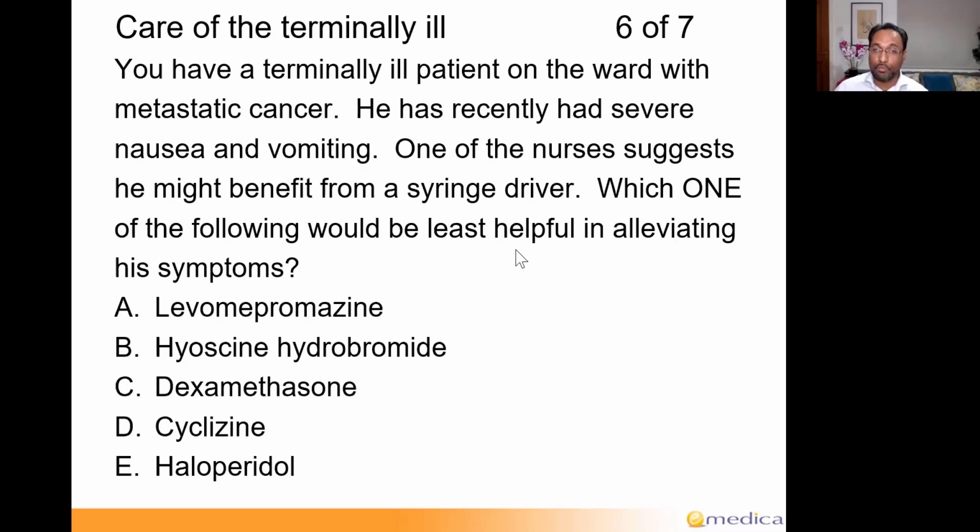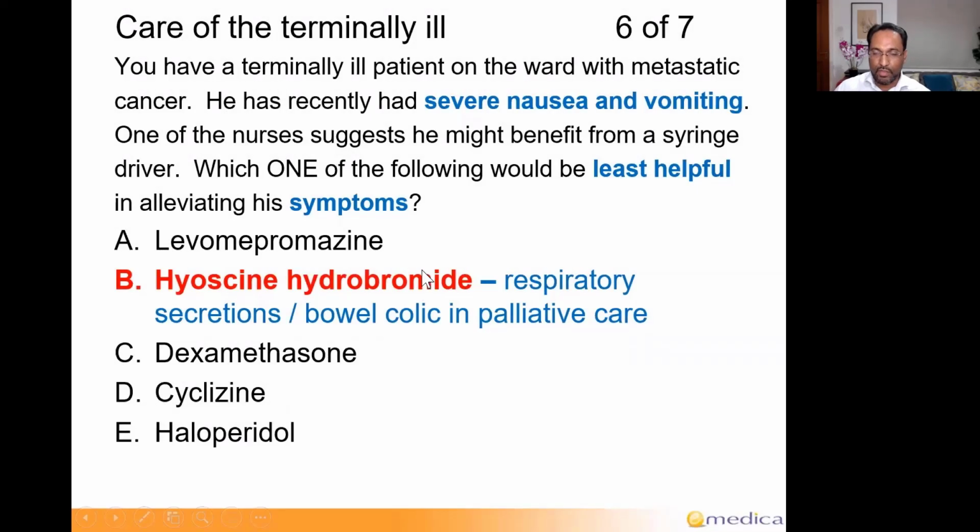That's an important part of technique, reading the question carefully, because if you miss that, it's not asking what would be helpful, what would be the most useful, but the least helpful. You could easily have the knowledge and still lose the mark because of poor exam technique, because you either misread, missed, or misunderstood what the examiner is asking. So you can see the symptoms they've got are severe nausea and vomiting. Okay. So the least helpful would be hyoscine hydrobromide.